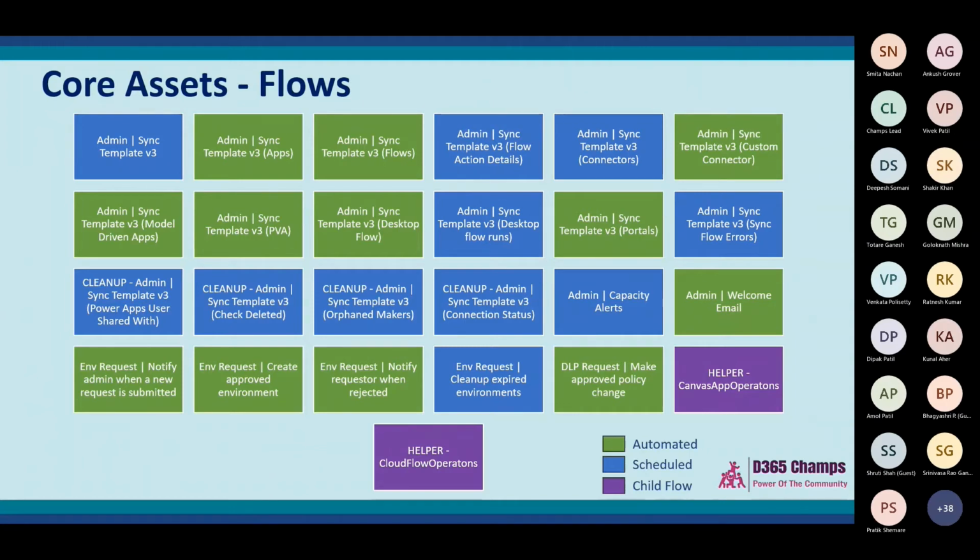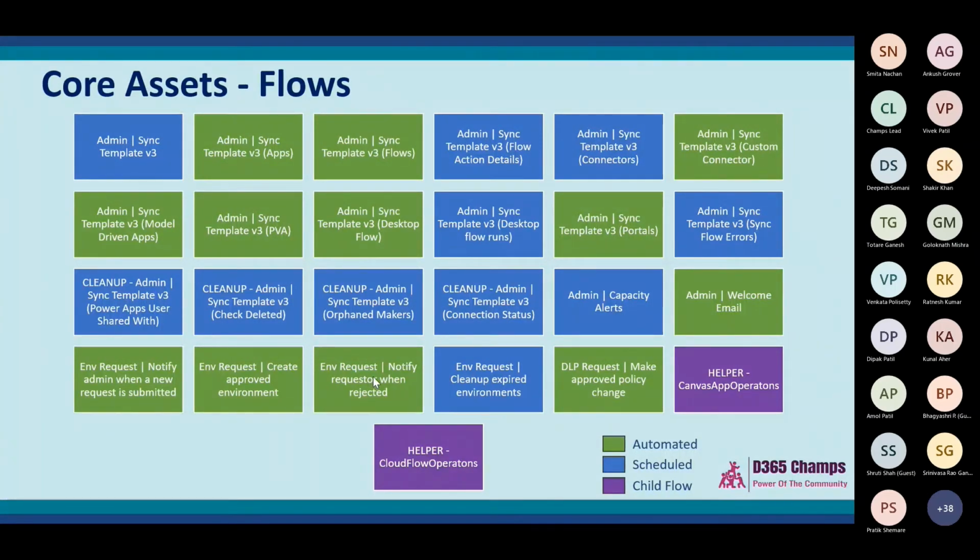Again, we don't have time to go through all of those, but quickly, we have a main flow, which is this sync template v3, which will clean up your entire tables and then make your table available for all of the other flows that you see in a green box. And then it will run at a regular interval, and each of the flows will get the information about all of the apps, flows, custom connectors, model driven apps, Power Virtual Agent, desktop flows, and portals, and other things into